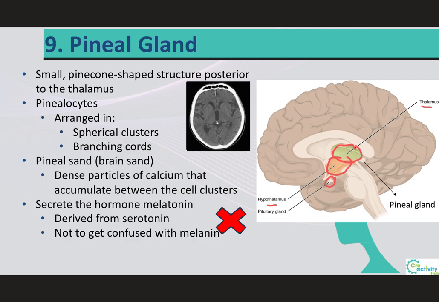The hypothalamus sits inferior and also somewhat anterior to the thalamus, as we can see from this image. Also from this image, we can see that inferior but somewhat posterior to the thalamus is where we will find the pineal gland, which is this tiny endocrine gland shaped like a pine cone and whose functions are not yet entirely clear. We know that it is an endocrine gland and its endocrine cells, which are called pinealocytes, are